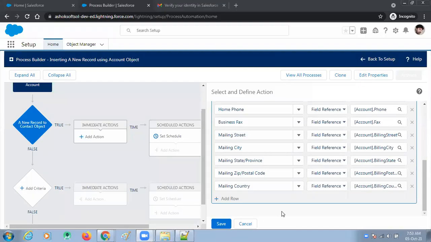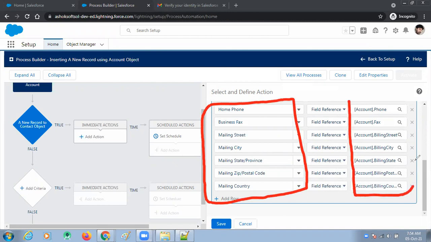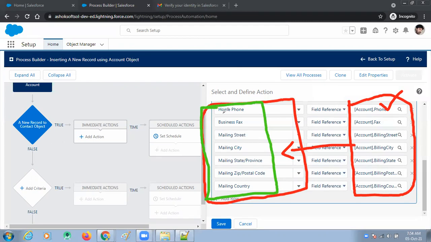Okay, after completing this, you can click on the save button. Now I want to insert values into the child record from the parent record. These fields are related to the parent and these fields are related to the child.